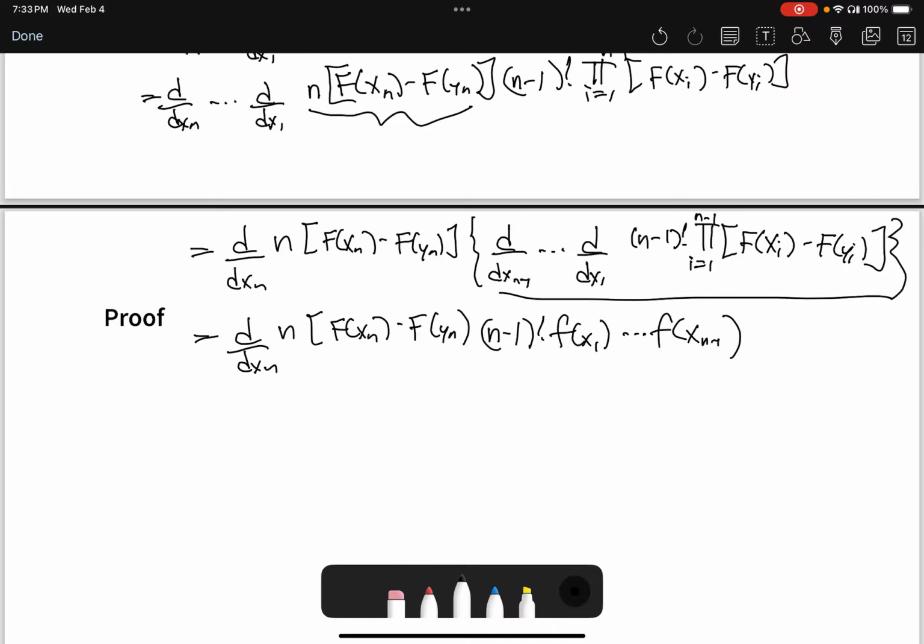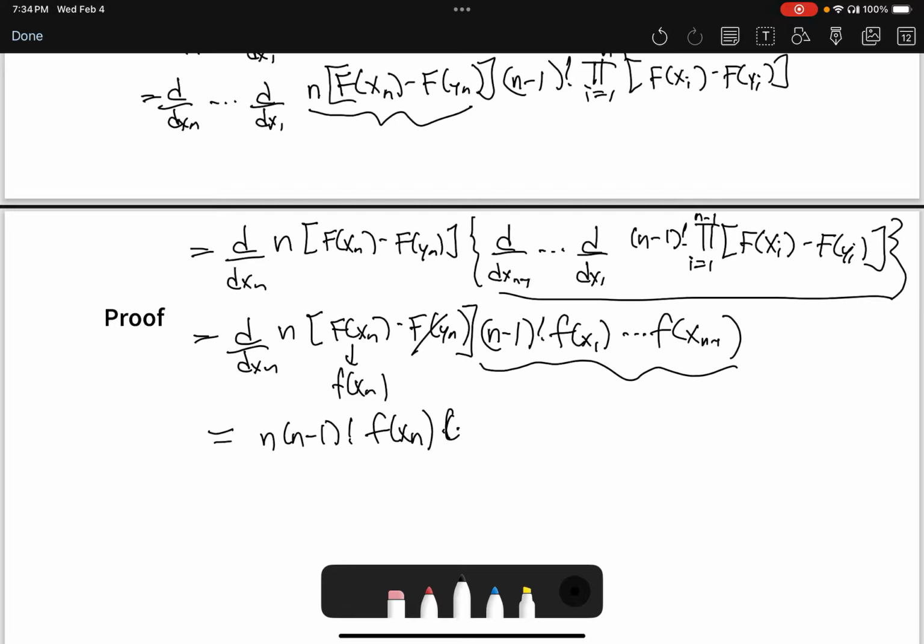That's what we assumed in the previous step. Okay, and then now all this stuff right here, these are constants with respect to xn. We can factor it out if we wanted to. When we take this derivative, this is going to be 0 since there's no xn. This is going to go down to the density of xn. And so this is going to simplify to n times n minus 1 factorial times the density evaluated at xn